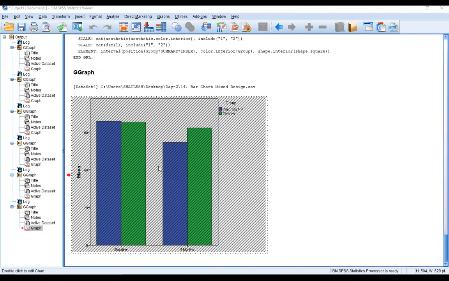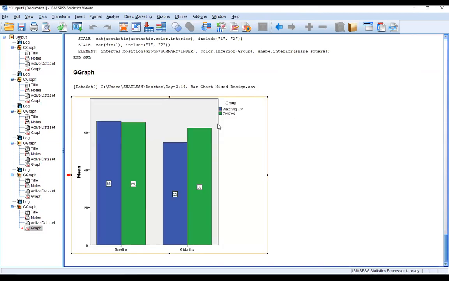Now the question is about the graph. You can see through this graph, it's a baseline. The blue means watching TV and control means not watching TV. Okay, it's a baseline score. Both groups are more or less the same, 66 and 65.